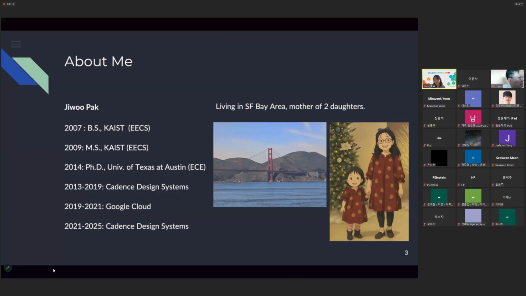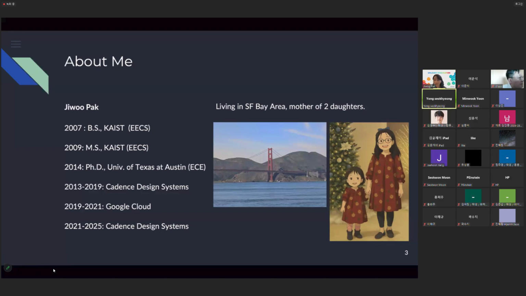And as Professor Cha mentioned, I had an opportunity to contribute to the Alpha Chip project at that time. And after that, Cadence gave me an offer, so I came back to Cadence. So I'm working as a